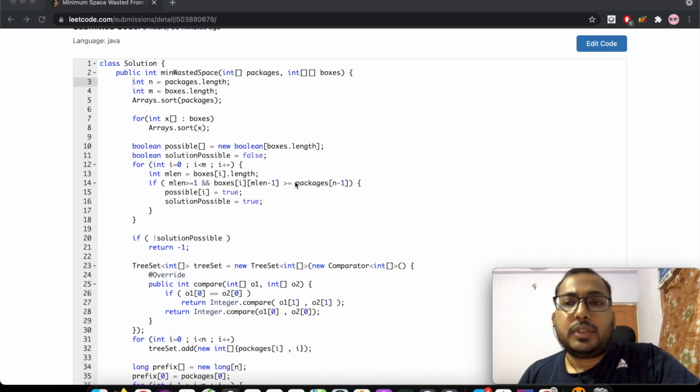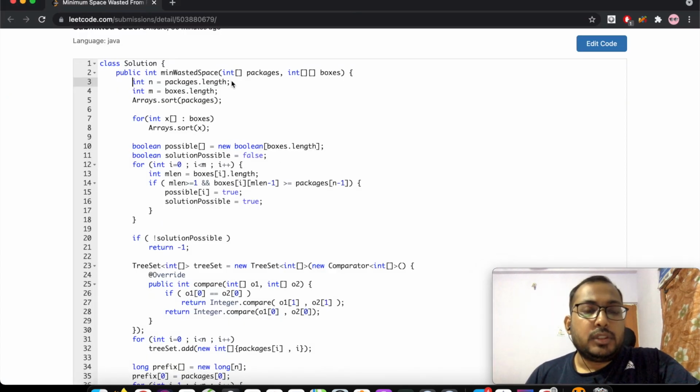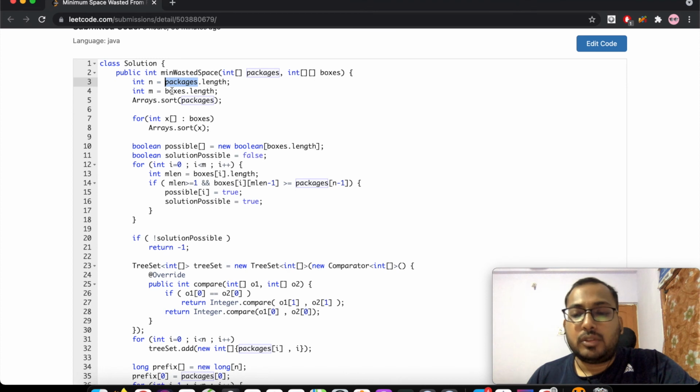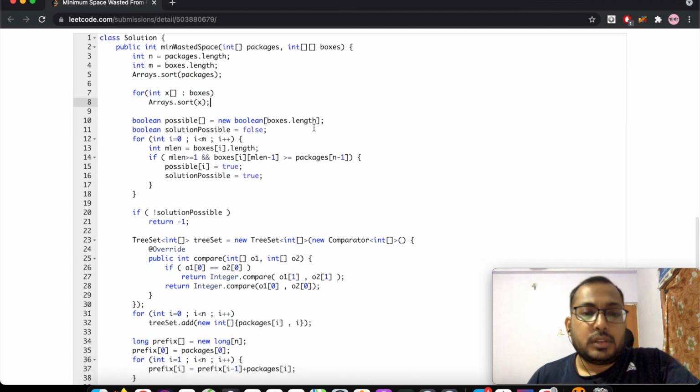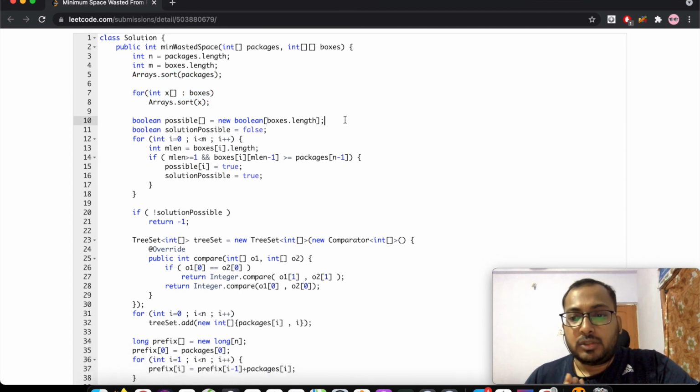Great. So let's look at the code for this problem. We have been given the packages array as well as the boxes array. We take n and m as the packages length and the number of suppliers. We sort the packages, and for each of the suppliers we sort all the boxes that they have. After these are sorted, next we find out whether a solution is possible and for which suppliers.